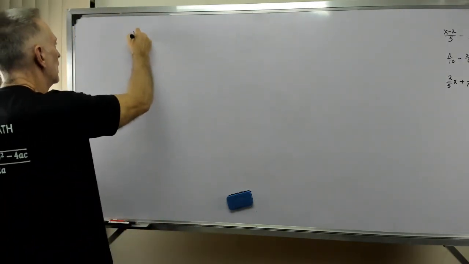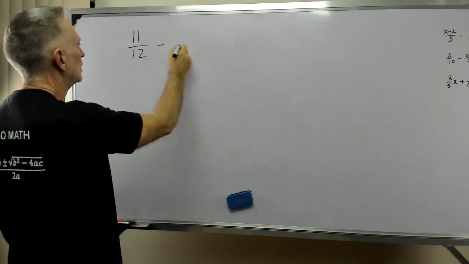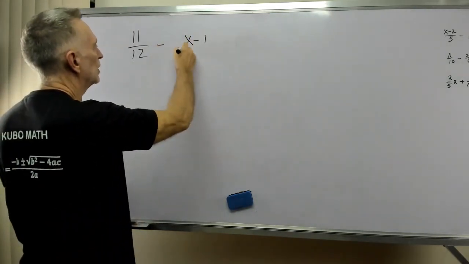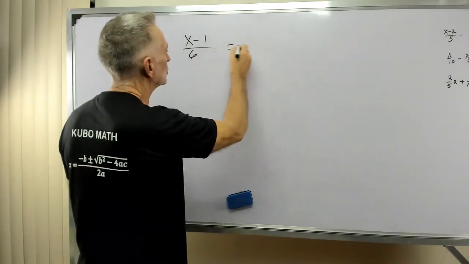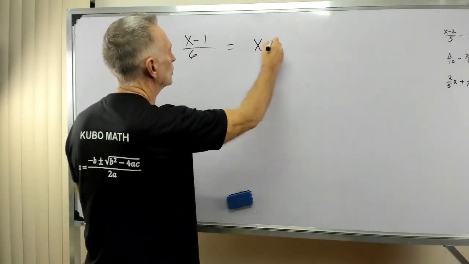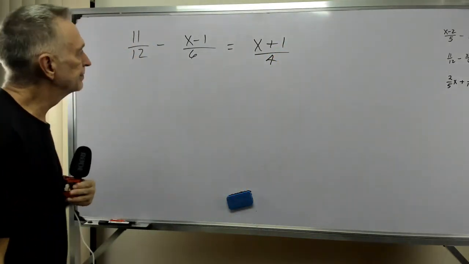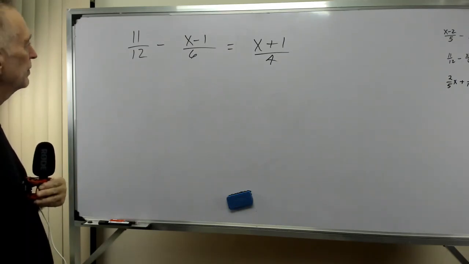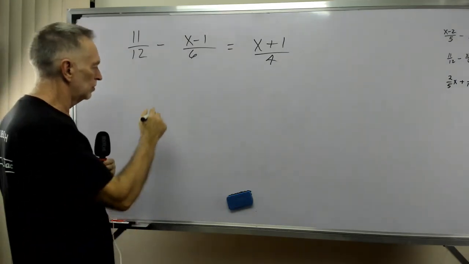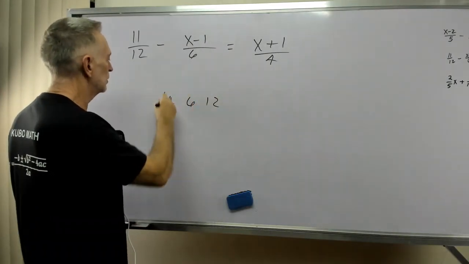Okay, another one, 11 over 12 minus x minus 1 over 6 equals x plus 1 over 4. Well, you can immediately see 12 is our least common multiple, but for the sake of using the tools to figure that out,